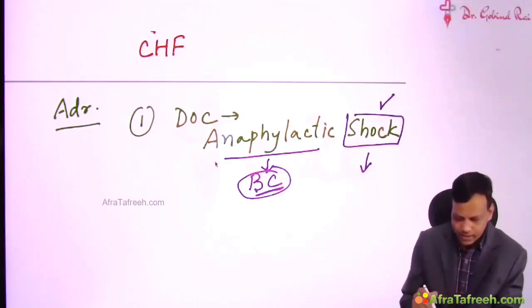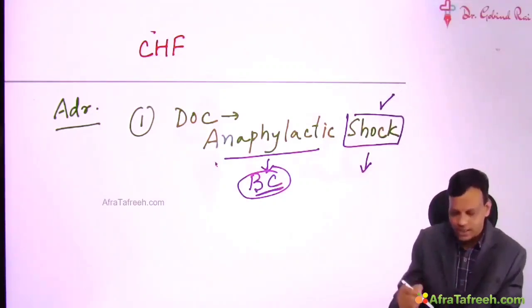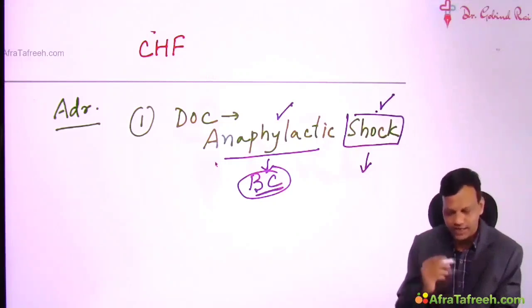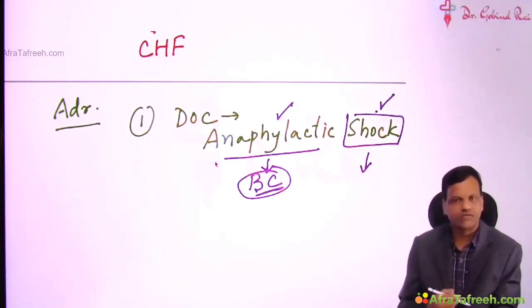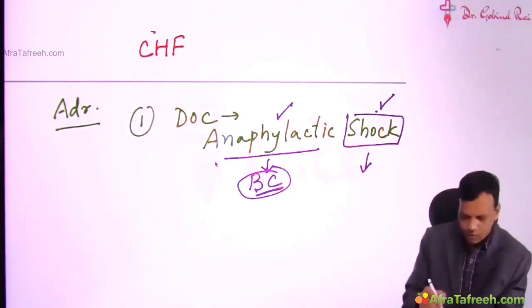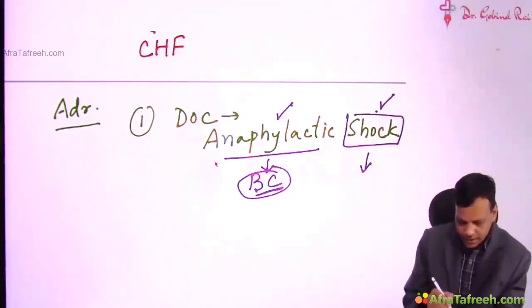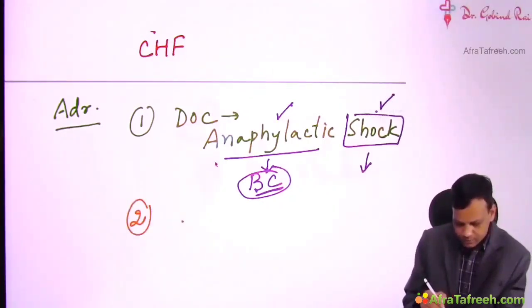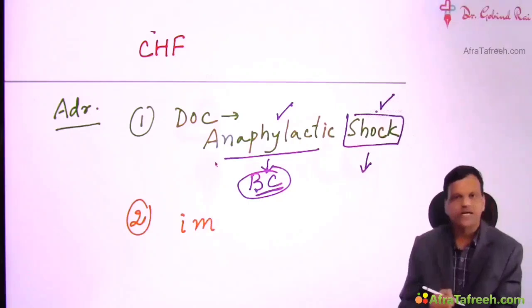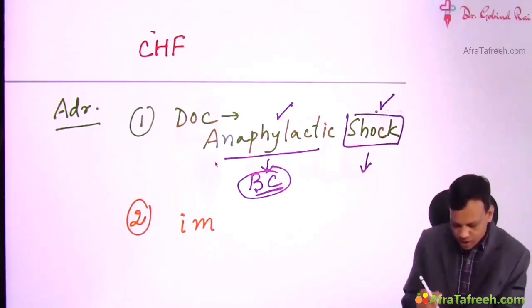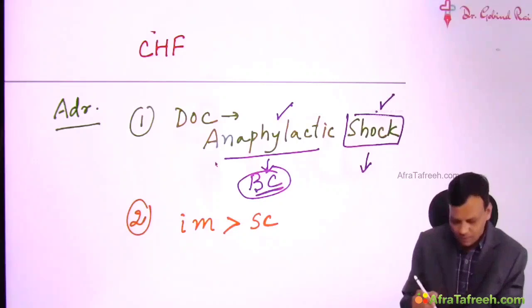On the other hand, adrenaline stimulates all the receptors, so it can treat shock and it can cause bronchodilation also. That's why adrenaline is a drug of choice for anaphylactic shock. Now, route of choice is intramuscular. Adrenaline is preferred by intramuscular route. If that is not given in the option, then you can mark subcutaneous. But remember,